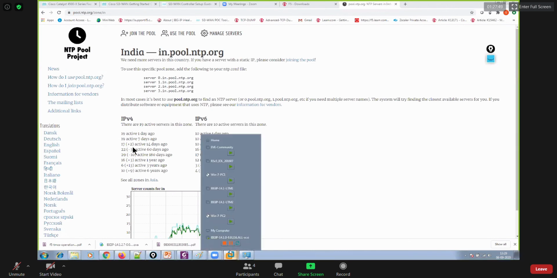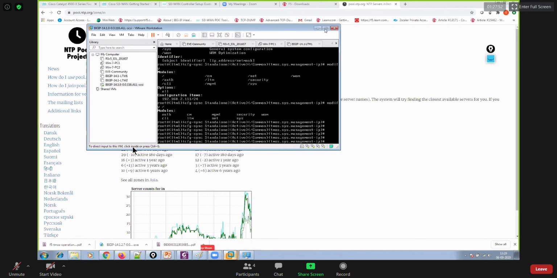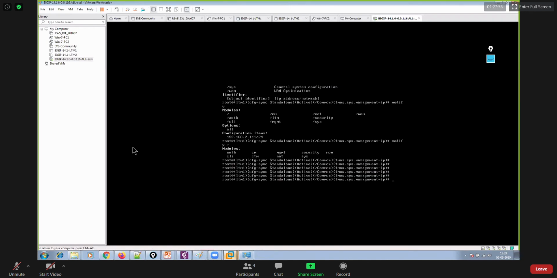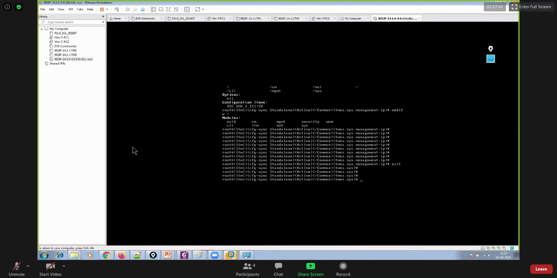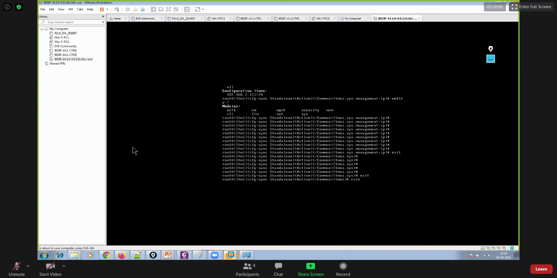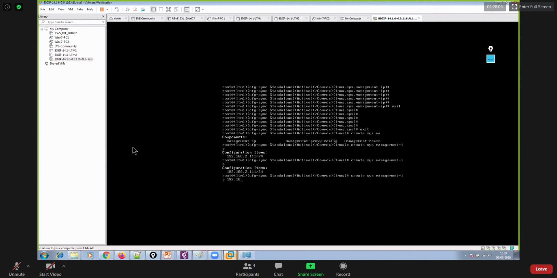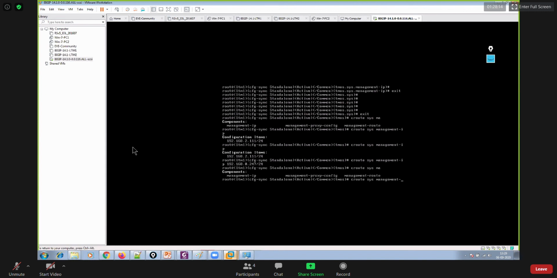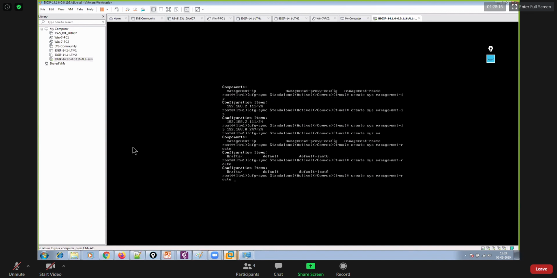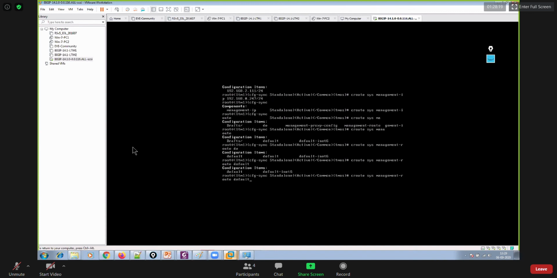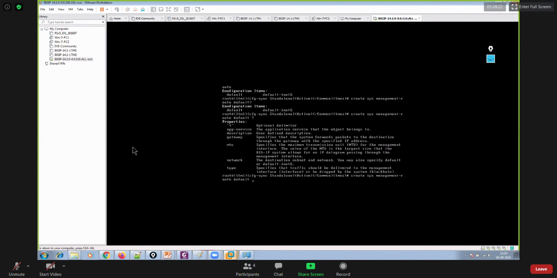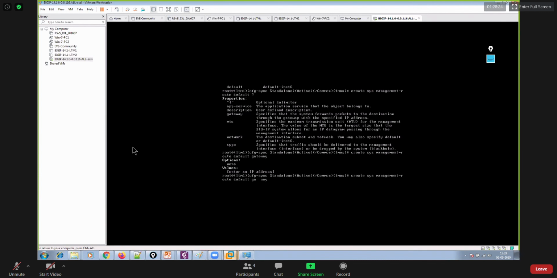So here we go: create sys management IP 192.168.0.247/24, and then create this management route, and then default gateway, which is 0.1.